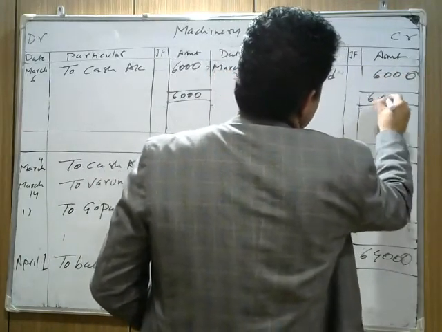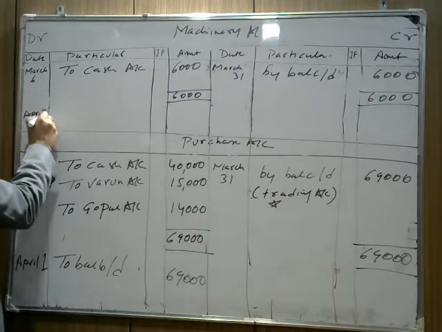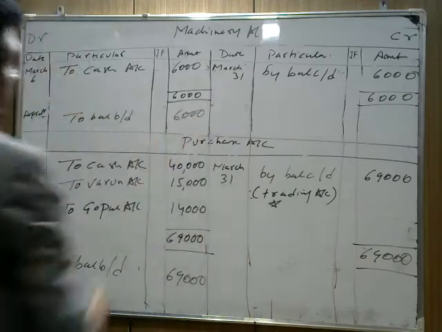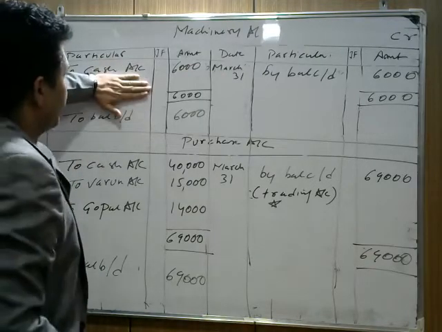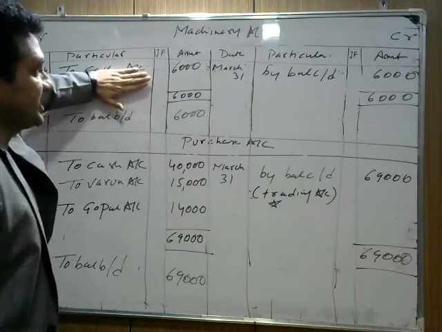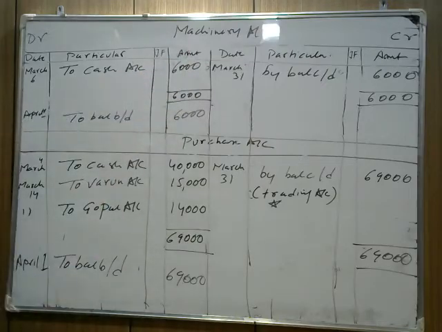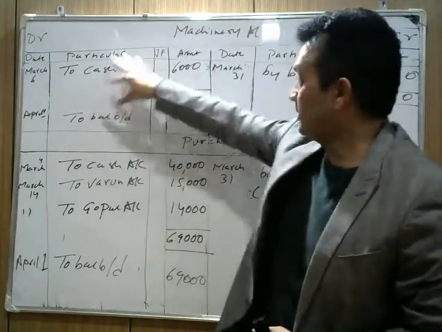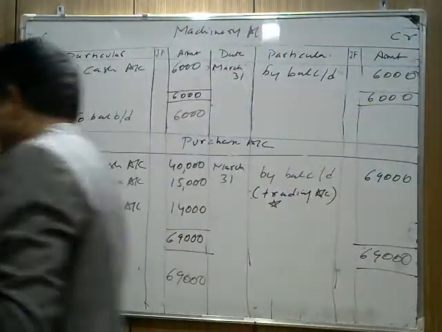And the closing of March is the opening for April. We write here on April 1st to balance b/d, which is coming 6,000. I hope this part is clear. When we purchase machinery, we write machinery account debit to cash account. The machinery is to be debited. We cannot write machinery over here. We write why machinery is debited: because you purchased machinery in cash. So machinery account debit to cash account, you write to cash account 6,000 in machinery. Plus identify that in machinery account we purchased machinery in cash. Because machinery is on the debit side, whenever an asset increases, it will be debited. I hope this part is clear.